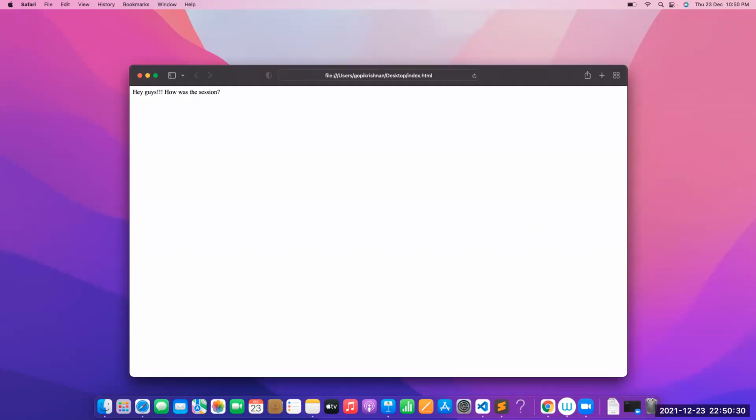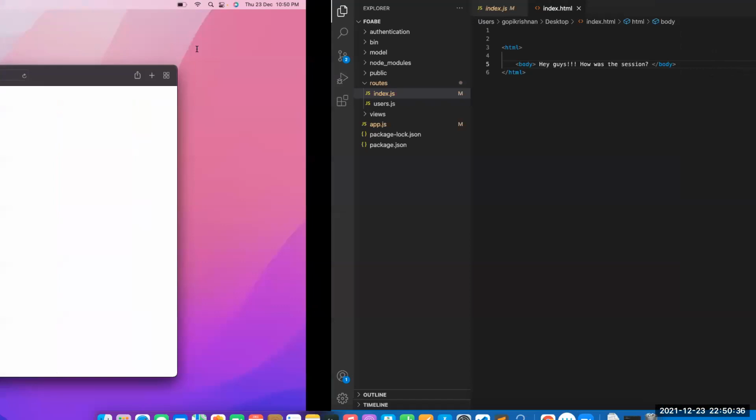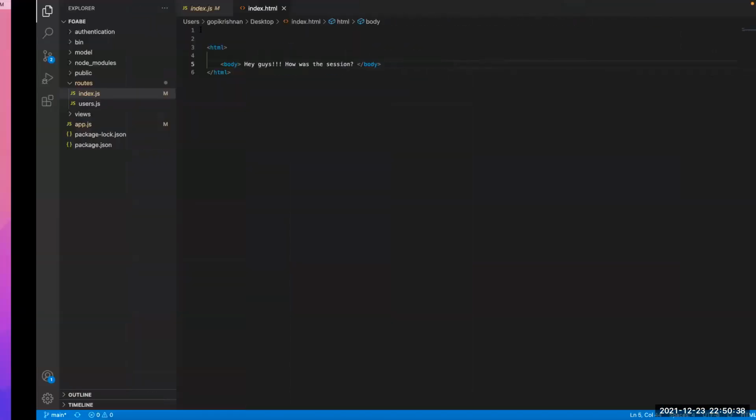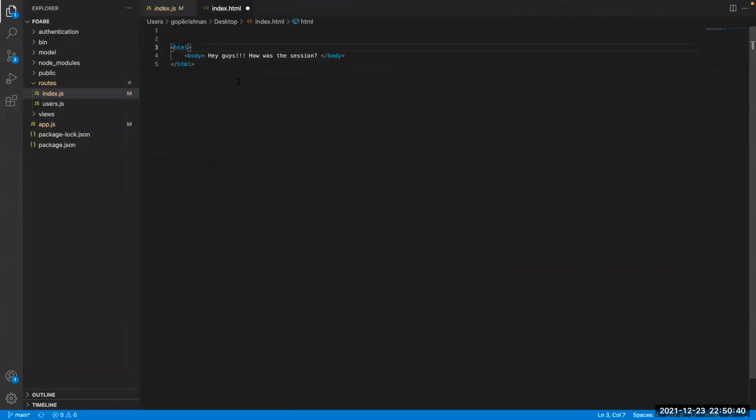I want you guys to try a simple program today, just a small piece of line only, like this. You need to try something and see whether you are able to load that particular thing as a website in your browser or not. Even I'm sending you this code in the chat. I want you guys to try.